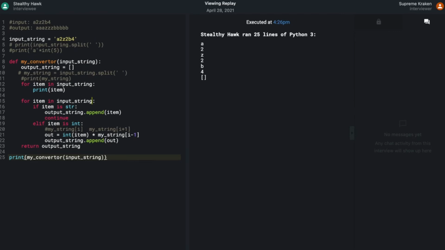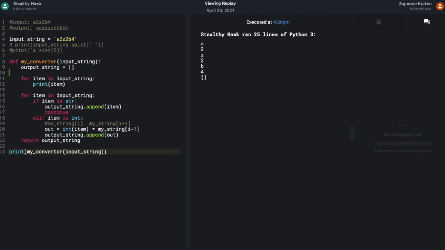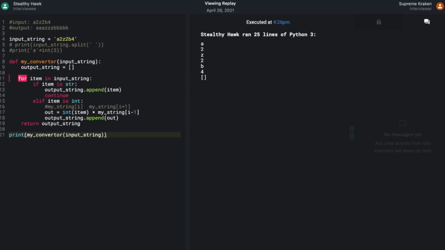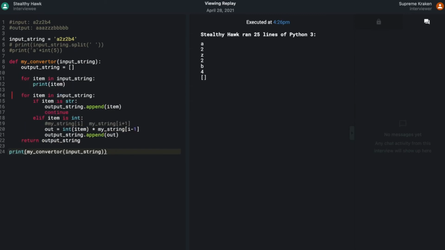Okay. So now we have the output string, input string, print item. So it looks like it's printing out this. Yeah, so this you don't need to iterate through twice. So I'm removing this input string, this one. So now, yeah, now you have, okay,